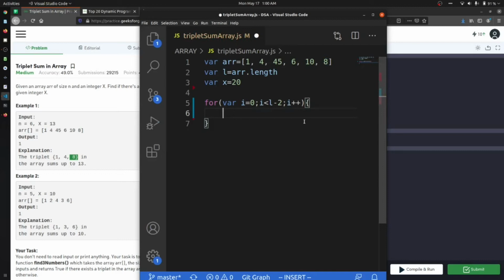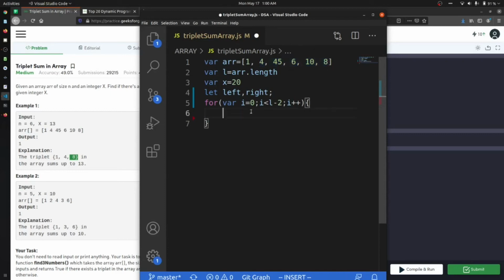Now we will have two variables, let left, right. This left and right will be the new indexes of our new sub array. Let's say this is my new sub array, so left will be 4 and 8 will be right.